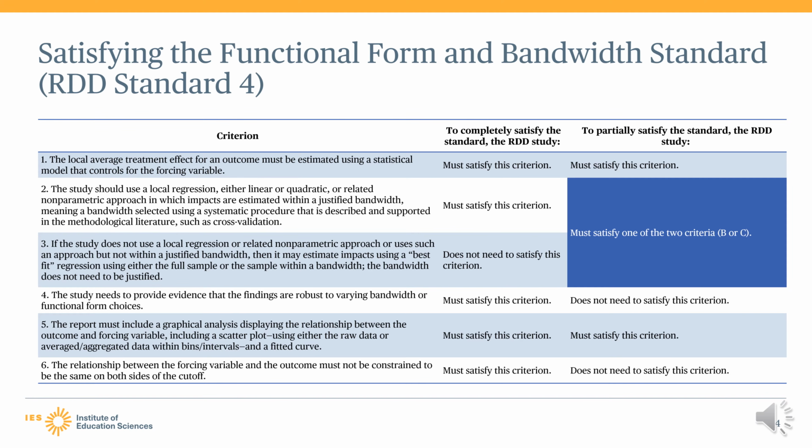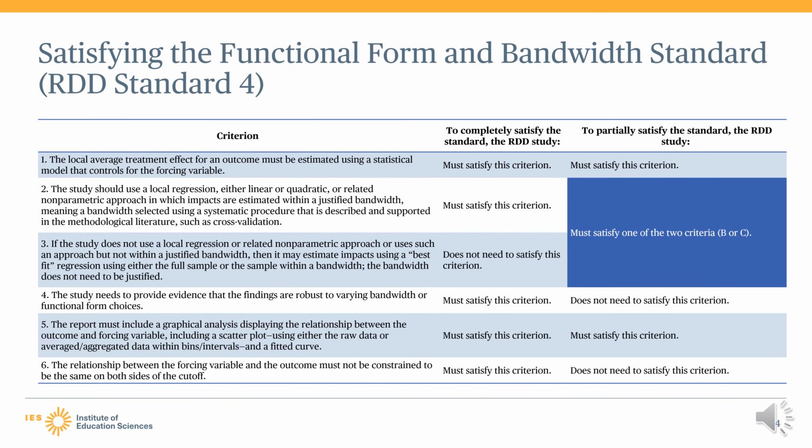If a study satisfies Criterion B, the other way that a study can satisfy Criterion D is if the sign and significance of impact estimates is the same for at least one justified bandwidth and two additional bandwidths that are not justified. As we've discussed, some studies may not estimate intervention impacts within a justified bandwidth, but may instead use best fit regression modeling approaches, such as global polynomial regression approaches, or they may use some other local approach with